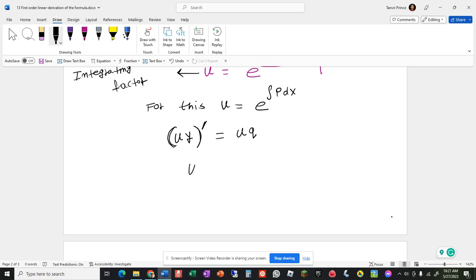So of course my uy equals the integral of uq, because to get rid of the first derivative, you take the integral of both sides, right? And I get that. We need to solve for y, so you divide both sides by u, because the goal is to find y, the unknown function. We get my y equal to this,